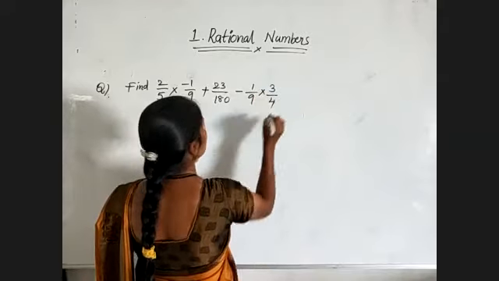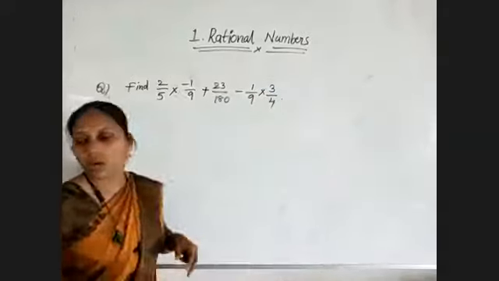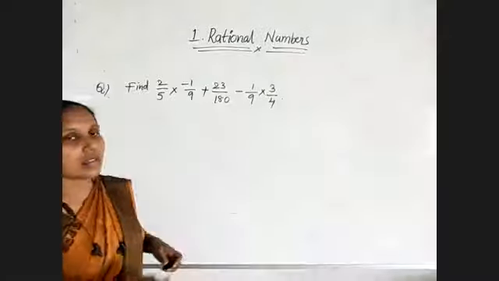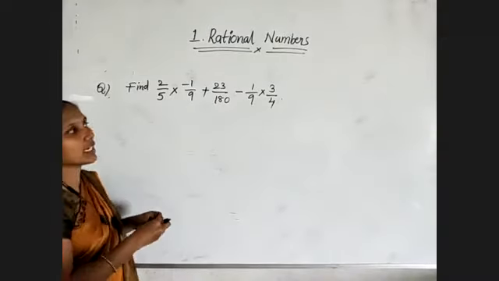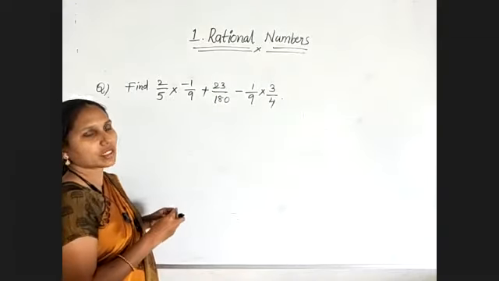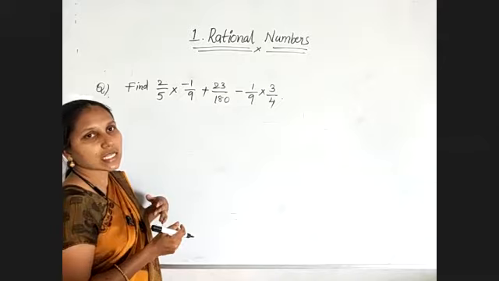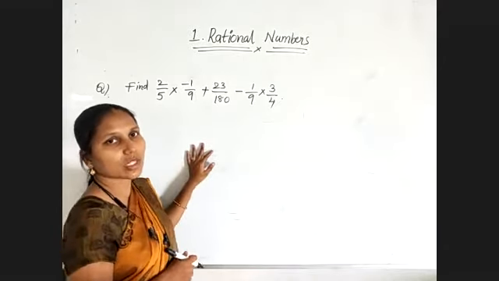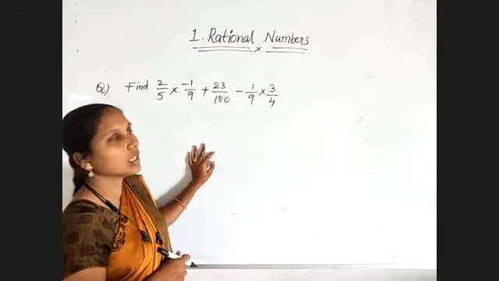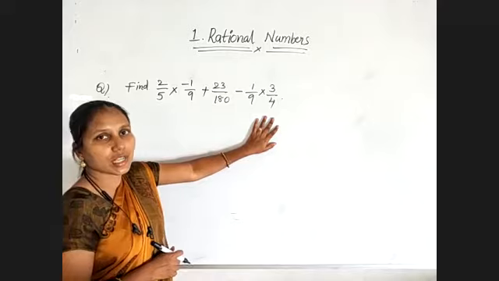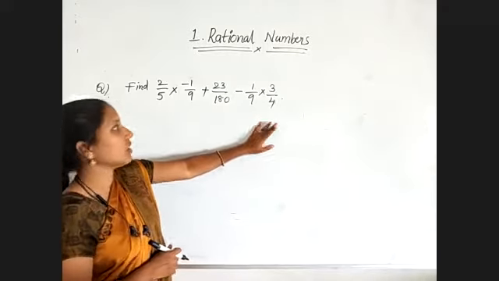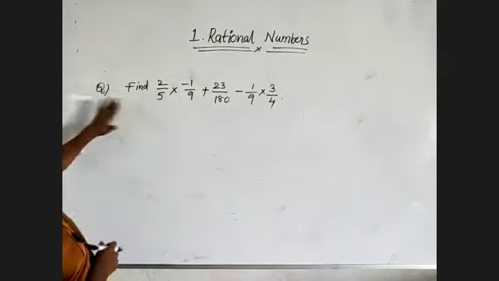Okay, observe this question. Now we need to find out this answer. If we do it directly, it will take more time to finish. So we will do it in the easiest manner by using the properties. The use of properties is this one only. We will do the calculations in less time and in the easiest manner. So we will check.